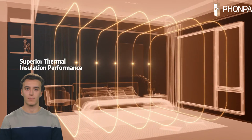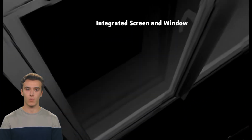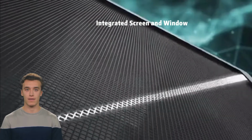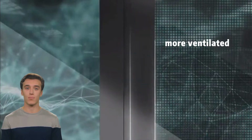To make your living environment more comfortable, we have equipped the Yunyi Casement Window with an integrated screen design. The screen is seamlessly integrated with the window, which is not only easy to install, but also effectively prevents mosquitoes from entering the room. The fine mesh design ensures ventilation while blocking the smallest flying insects, allowing you to enjoy fresh air without being